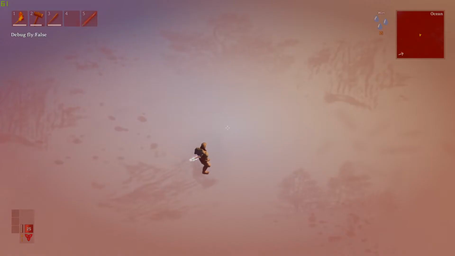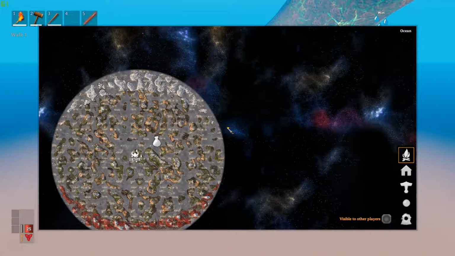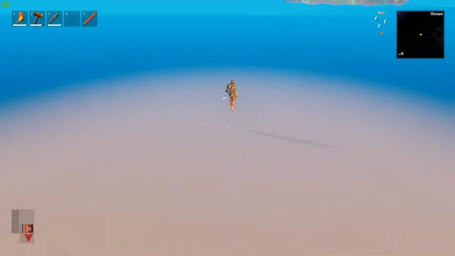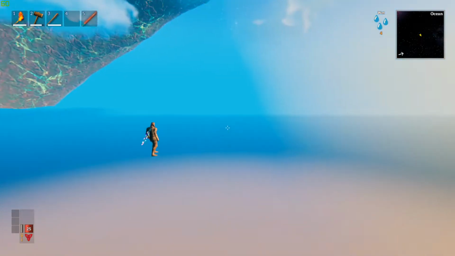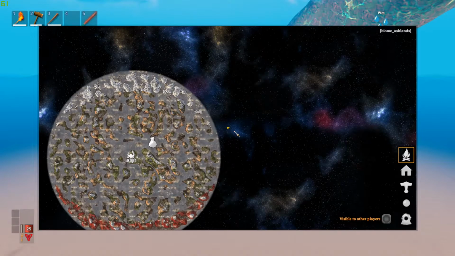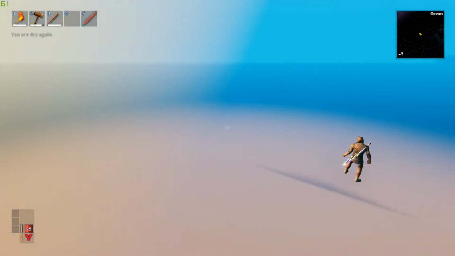Oh, the game is aggressively moving me away now. Oh well, I guess we're just moving outward. It looks like we're seeing some weird shadows, just effects on the ground. That might be just the skybox shenanigans happening. But it looks like we could just fly infinitely out into the abyss with God mode on, which is